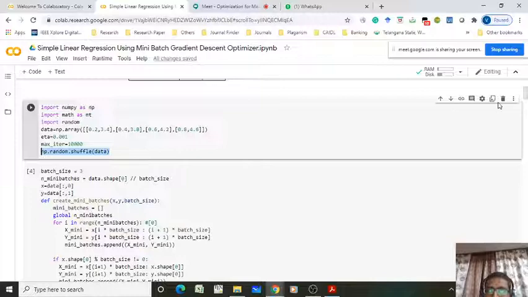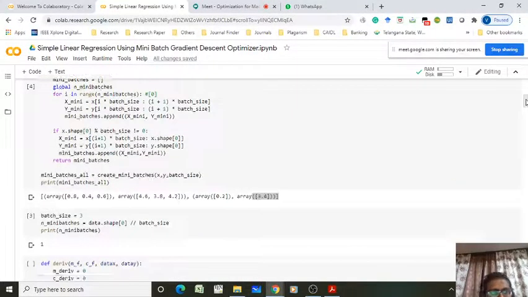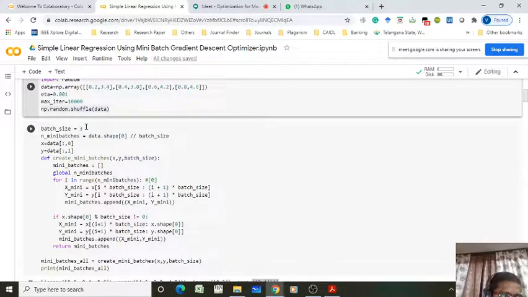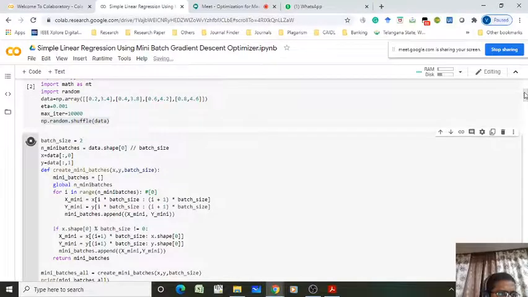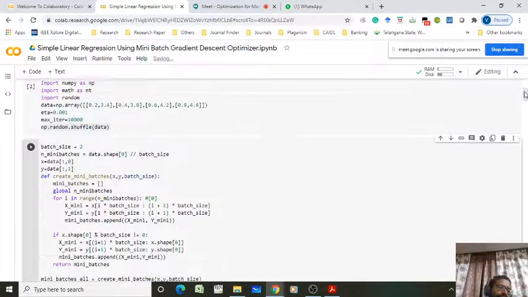So maybe your 0.2 and 3.4 comes to the last row. So that value is assigned to the last mini batch, right? But anyhow here I want to consider only 2 samples. Now execute it.